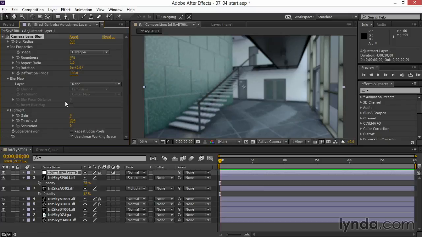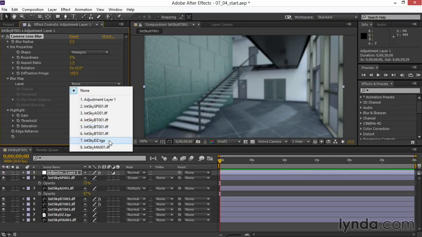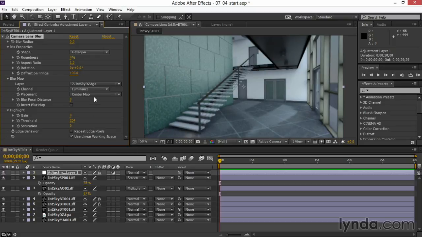This is a camera lens blur or depth of field, and it works really wonderfully on this image, except right now everything is blurred. Here's how I'll make this work with the depth I've rendered. We have the opportunity to put in a blur map, so I'll drop down the layer where it says None under the blur map and choose my blur image. It's going to base it on the luminance, the brightness in the image,